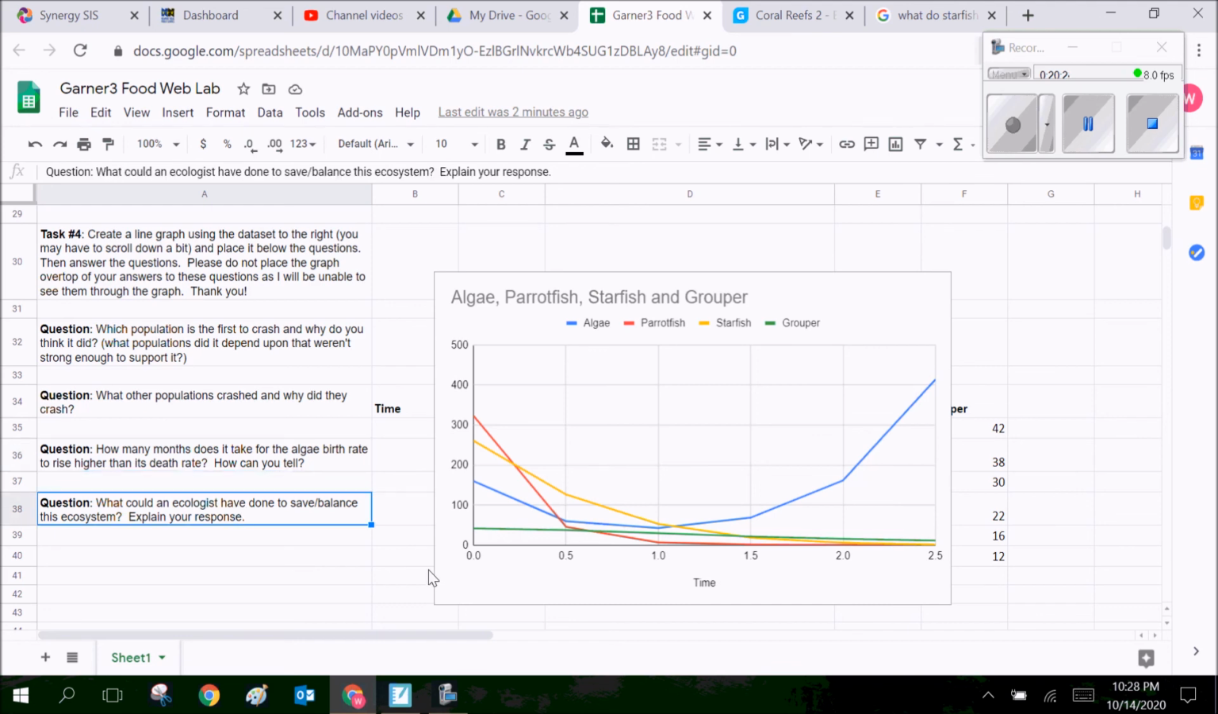What would an ecologist do to save or balance the ecosystem? I'm not going to give you the answer here, but I want you to take a look at this. Which population seems to be the most important? Which one went down and brought all the others with it, and what can an ecologist do with that population to make sure that would not happen? So how could an ecologist add back one of these species? Which one should it add back in order to bring balance back into the community so that stuff doesn't crash again? I'll let you ponder that, but that is how you do task 2 through 4 in